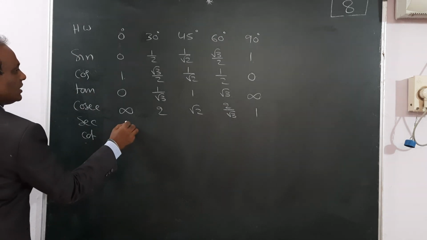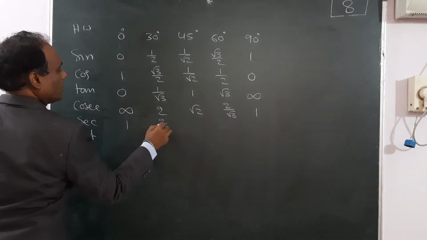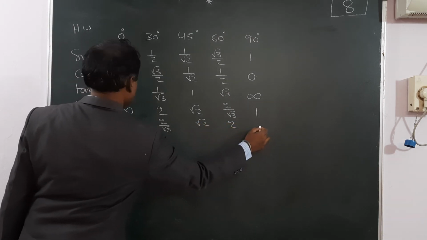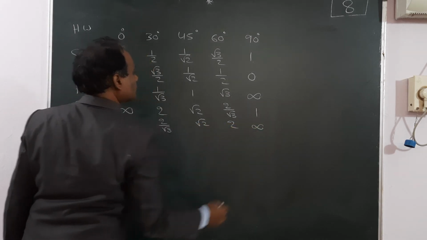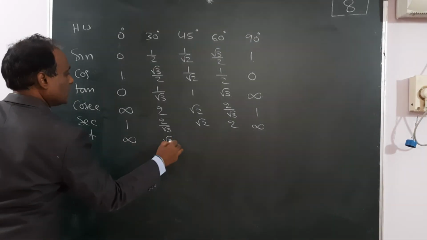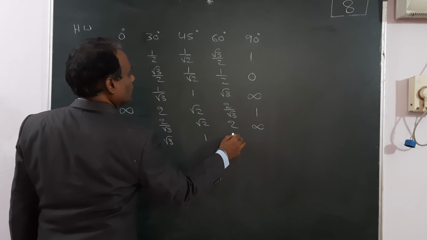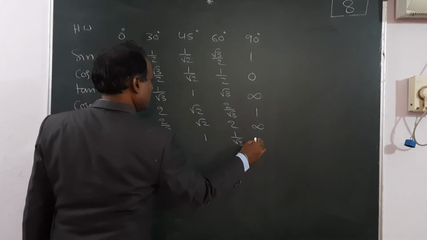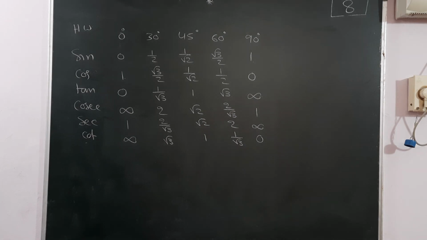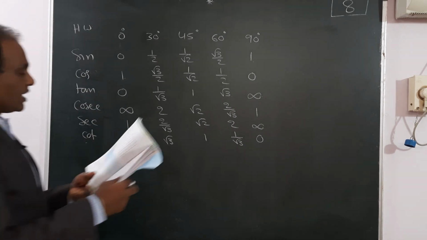And the secant is 1, 2 by root 3, root 2, 2 and infinity. Cot is infinity, root 3, 1, 1 by root 3 and 0. So this table you have to remember, and after this